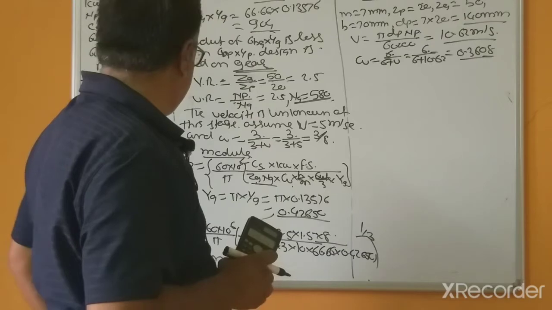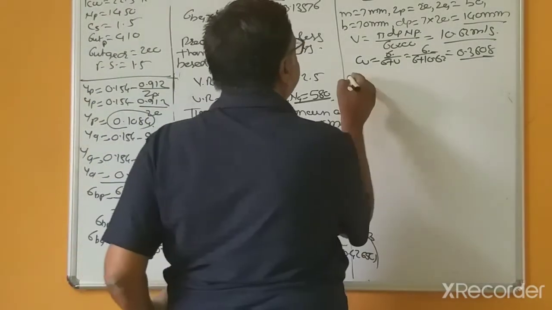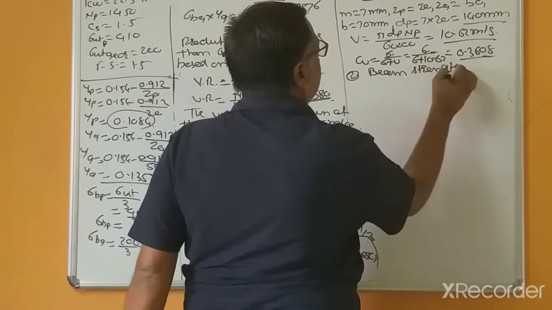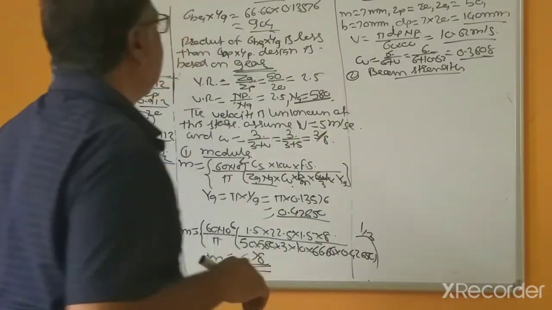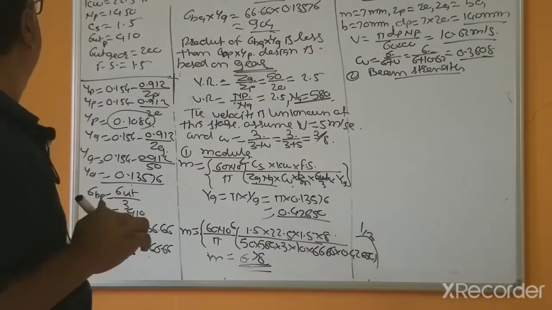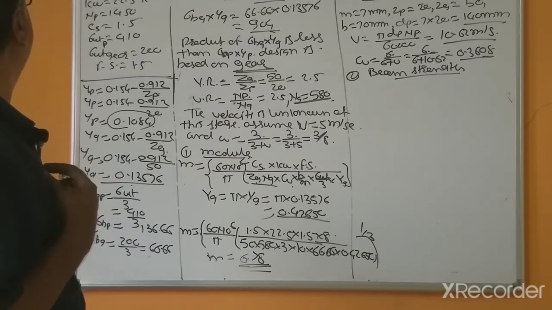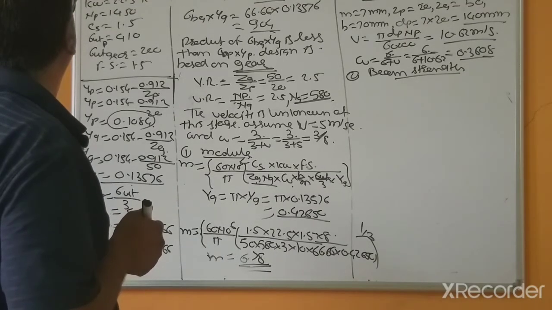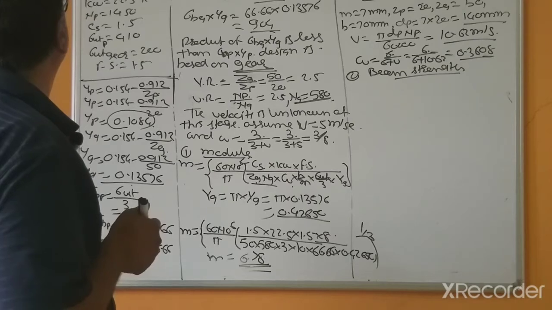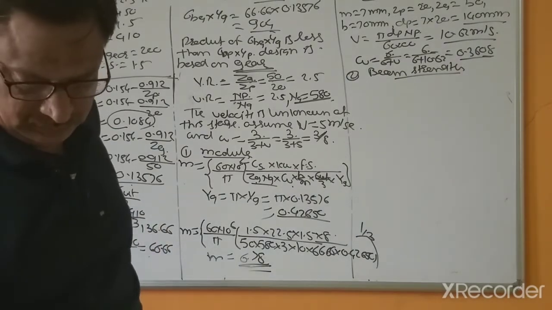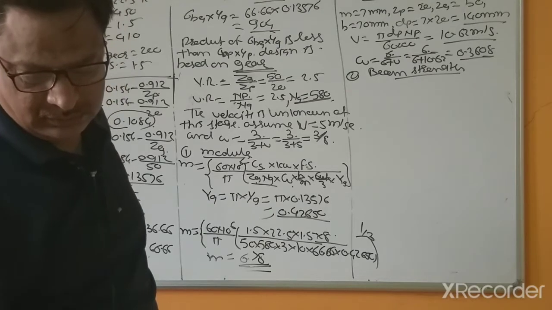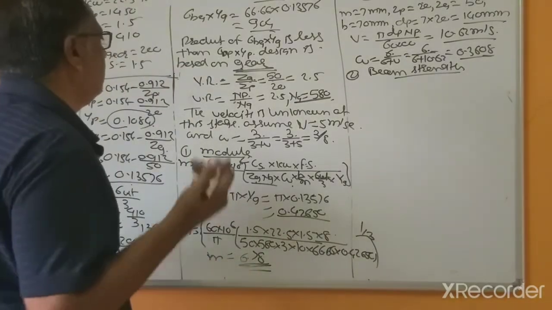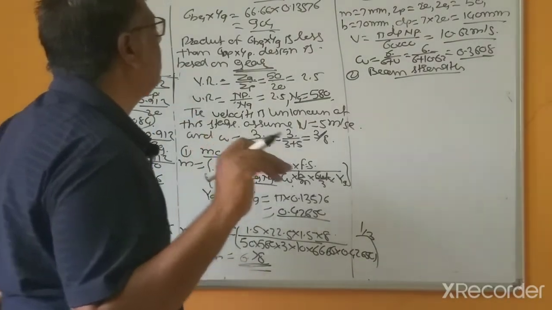So what is to be calculated now? Estimations over the model. Second step, beam strength. Because this is only design, here we will calculate beam strength, and for the calculations of the wear strength, that is not given. So only we will check beam strength, because wear strength is not necessary if the beam strength is greater.